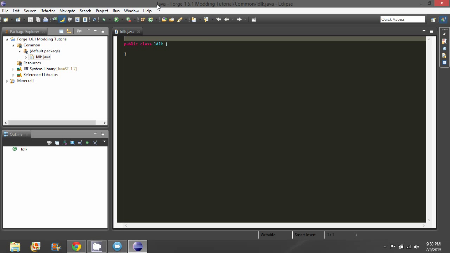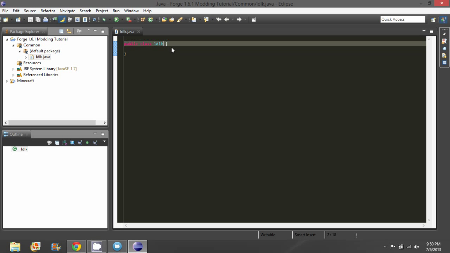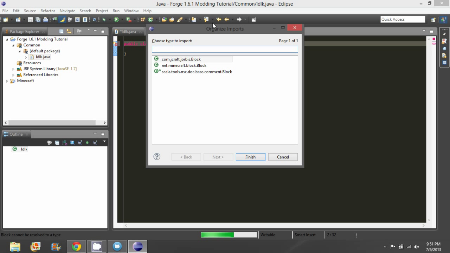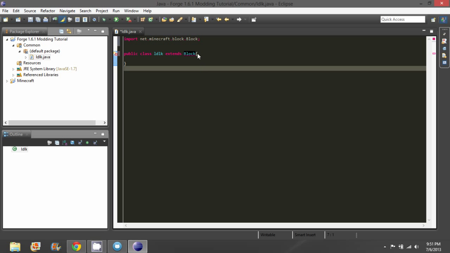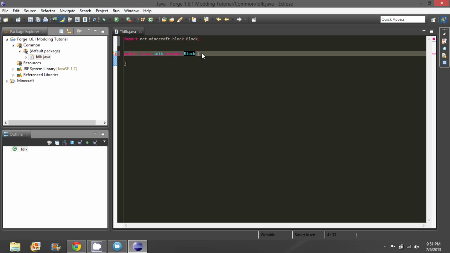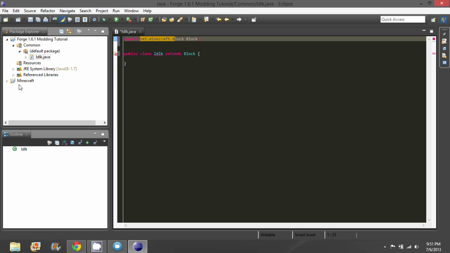Okay, so let's just do something really simple. Extends block. And then import that, from net Minecraft block. And put a space here. So as you can see here, we can obviously grab everything that's inside of Minecraft.